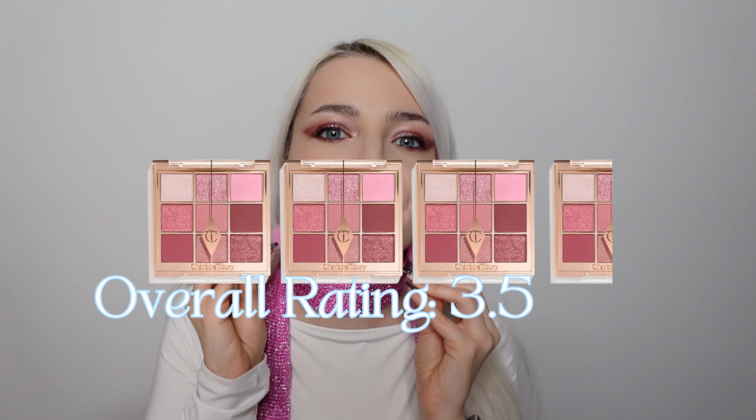And so with everything combined, the total rating for this product is approximately 3.5, which means it's a nice product to have, but you don't have to necessarily buy it. I find with the majority of Charlotte Tilbury products, they are nice to have, but they are quite expensive, and the more you look into every single little detail, the more you realize it's just nice to have. Put it on your Christmas wish list, put it onto your birthday wish list,